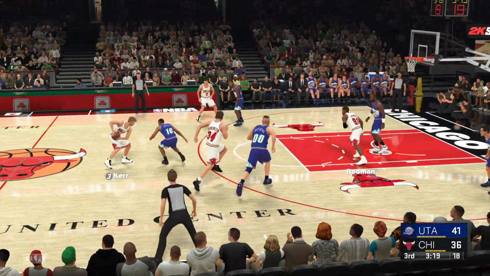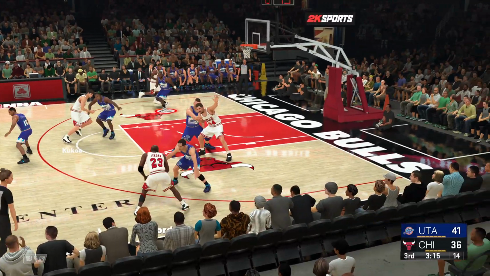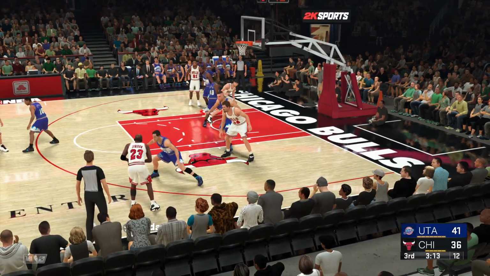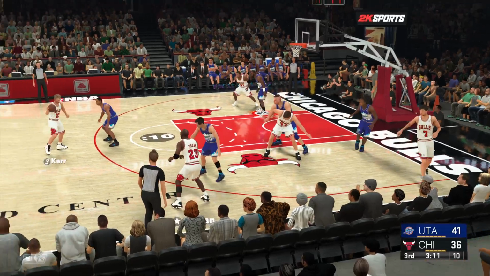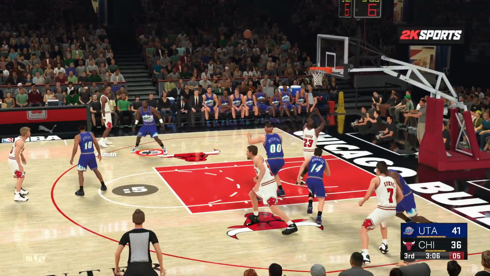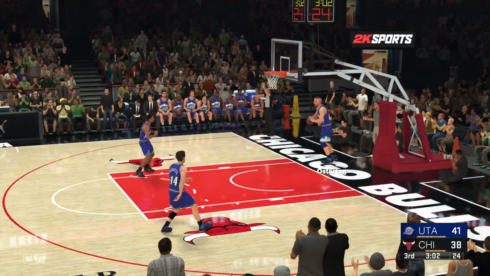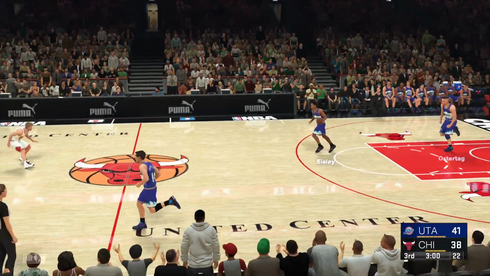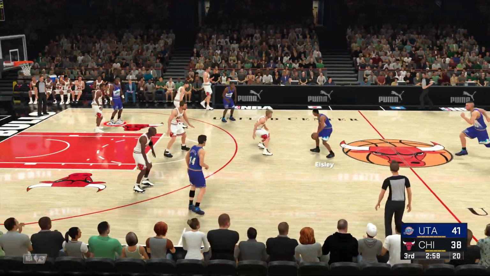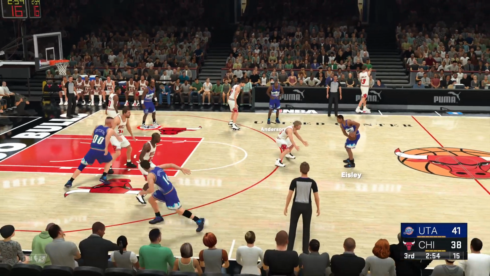Pass to Kerr. Outside, Kukoc. And some nice ball movement here by Chicago. Jordan kicks to Kerr. Lobs it up for Jordan. 6 on the shot clock. Up high to stuff the alley-oop. And no one has better natural scoring tools. But another thing that really sets MJ apart, the acute instincts he brings to the table.